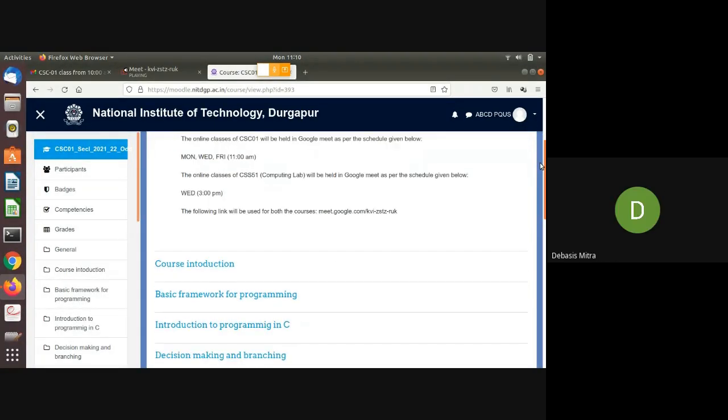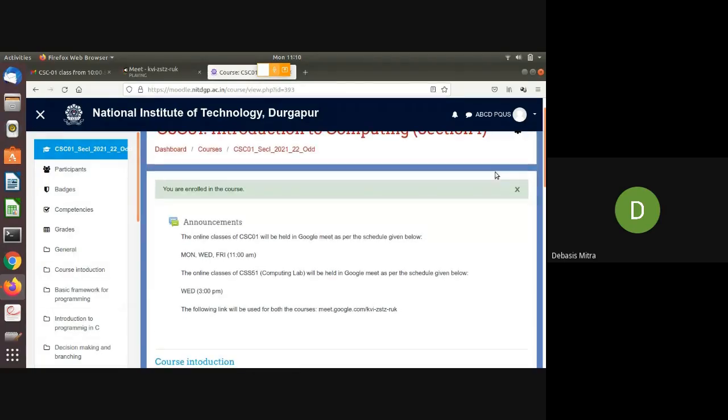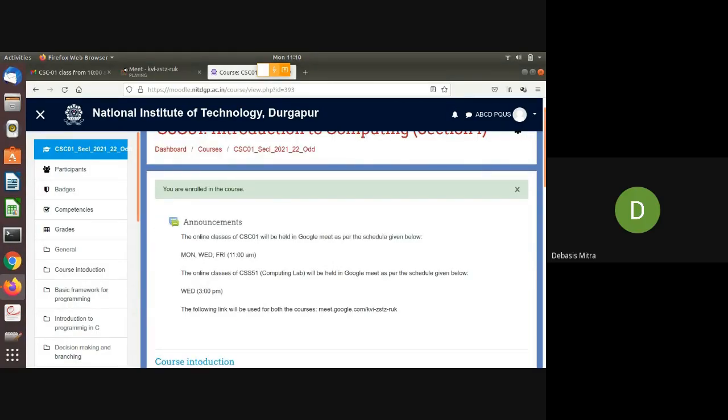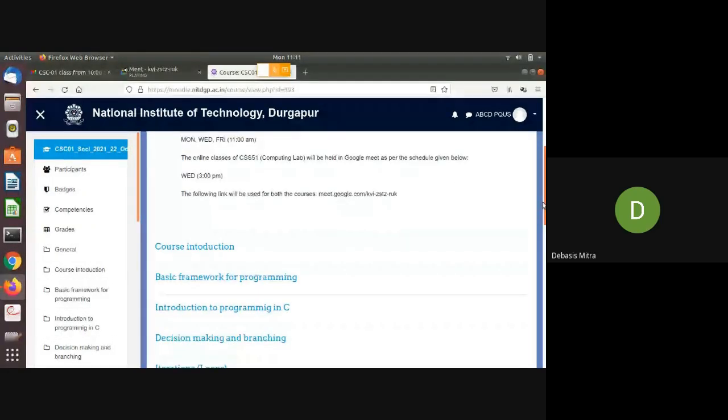So after populating, you should, after every day's class, visit this particular course web page to get access to the study materials and other relevant stuff. And if you find any difficulty in accessing that, you should get in touch with us. But one important thing I must mention, that all of you should create the account in Moodle using your institute mail ID as early as possible, otherwise you will not be able to participate.